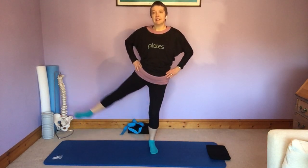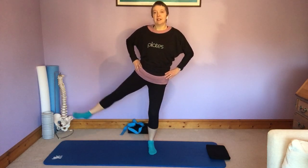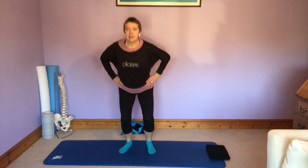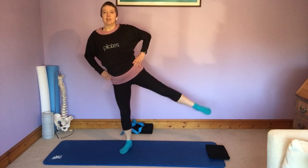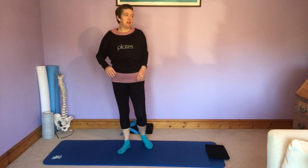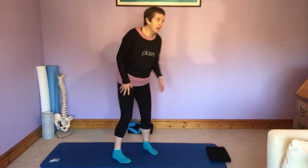Down we go, up and out, squat and reach, squat and reach. Keep going, down and out, keep going. We're going to do 3 on each leg. 3, 2, last one, squat, last one for the other leg, and good, right, we're down onto our tummies for this last little bit, okay,